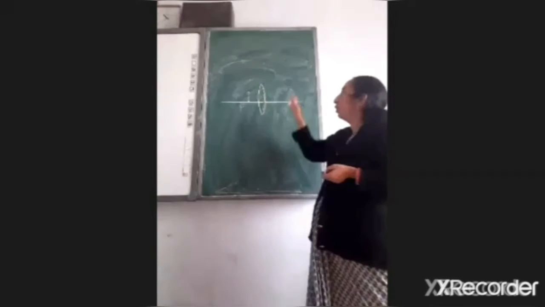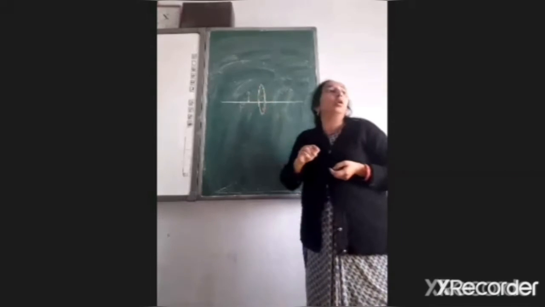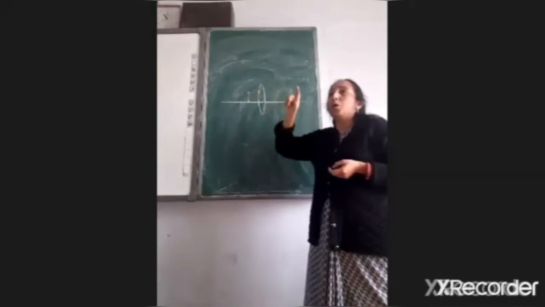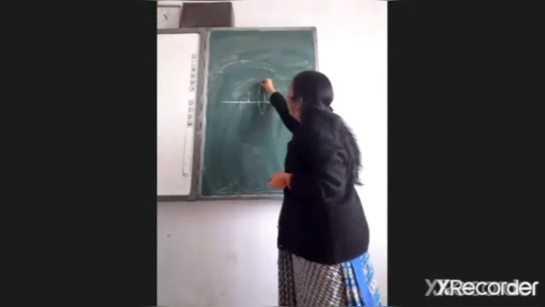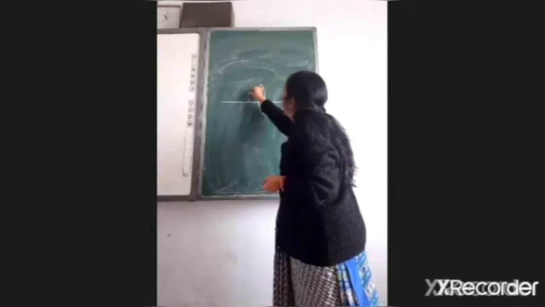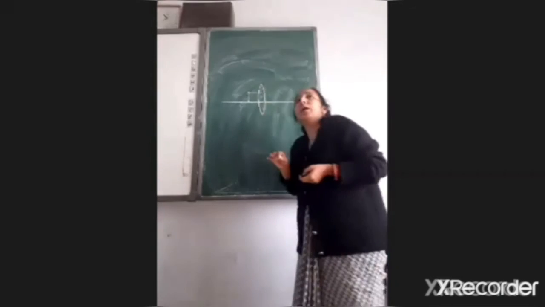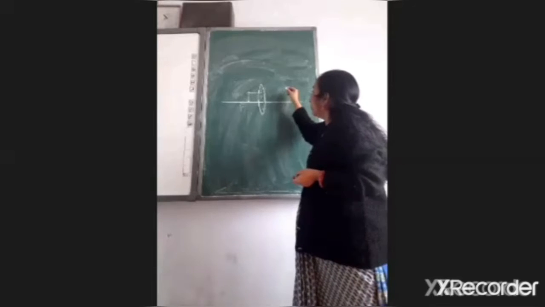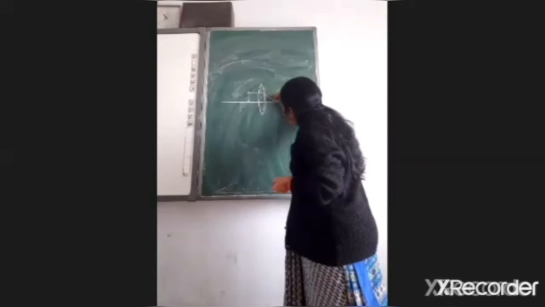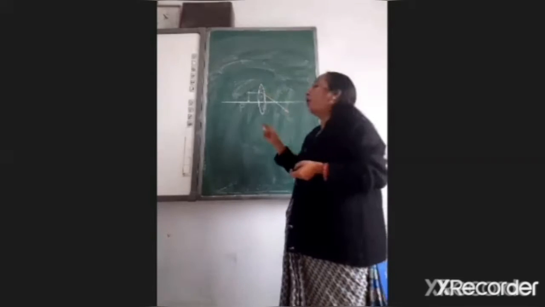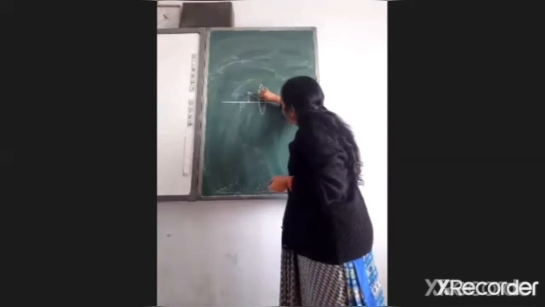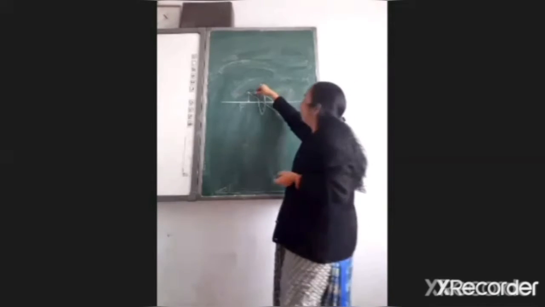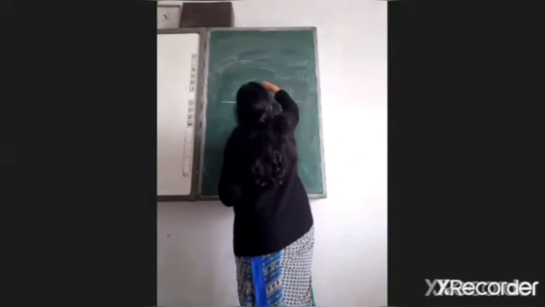I told you, we always draw two incident rays from the particular object. So one ray, if it falls parallel, then what will happen? It passes from the focus. The other one goes through the optical center. These lines will never meet on that side, so we will extend them.